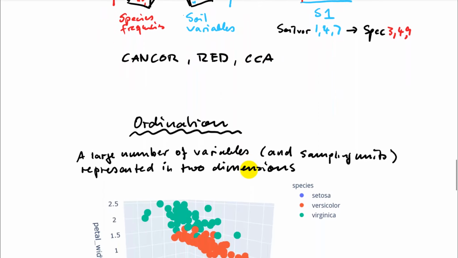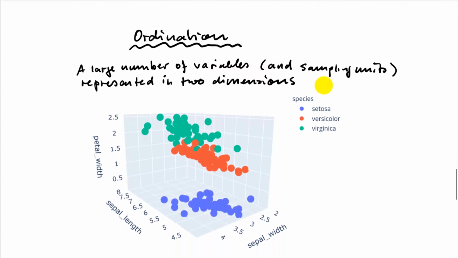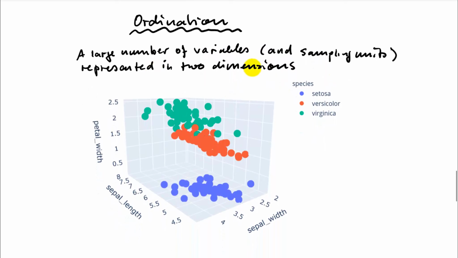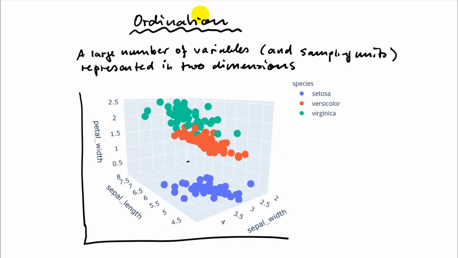What I've done here is also called an ordination. If I have a large number of variables and I represent them in 2 dimensions, my variables are my axes here and my sampling units, or individuals, or experimental units, are represented by those dots. They may belong to different species or different classes or different treatments, but they don't necessarily have to. That's called an ordination, and I'm just going to show you how that really works. I simply rotate my data set into a position that I like, and then this really is my ordination here. So this point of origin,